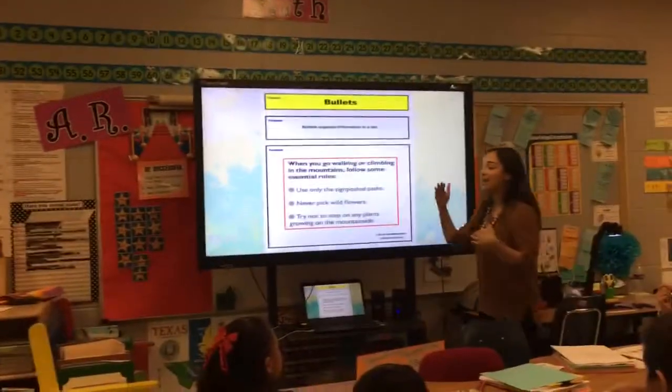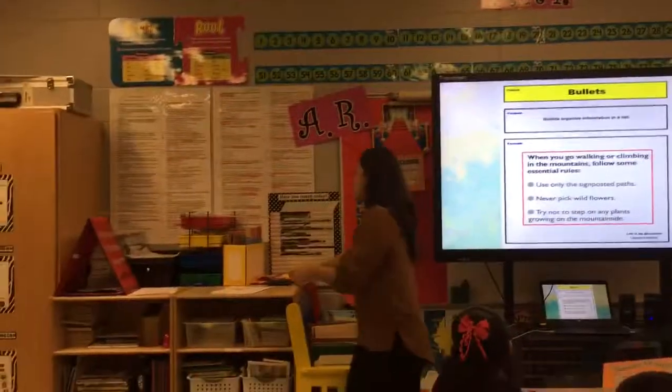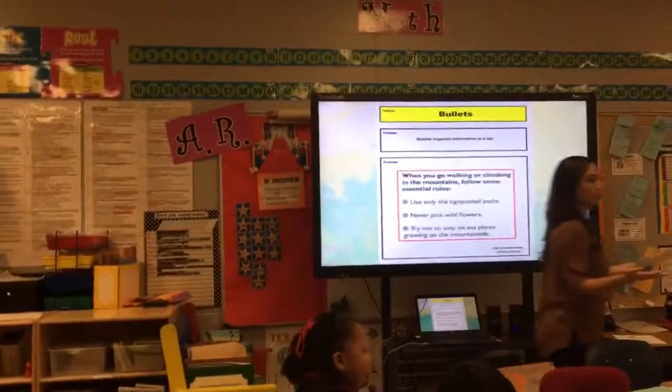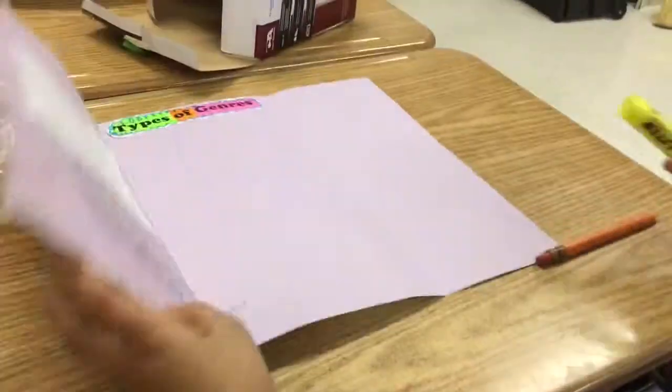Okay, next I'm going to pass out your expository text for our projects. Everybody go ahead and open your text. We already finished the pad. So now we're going to be looking at expository and looking for the